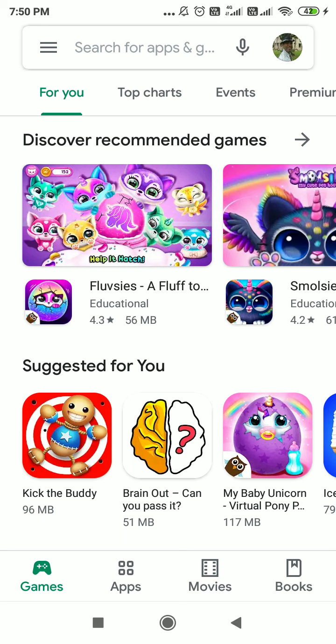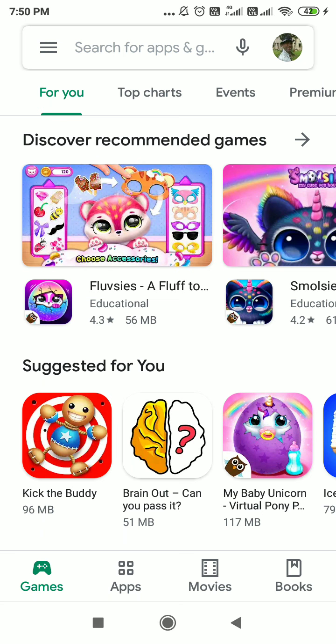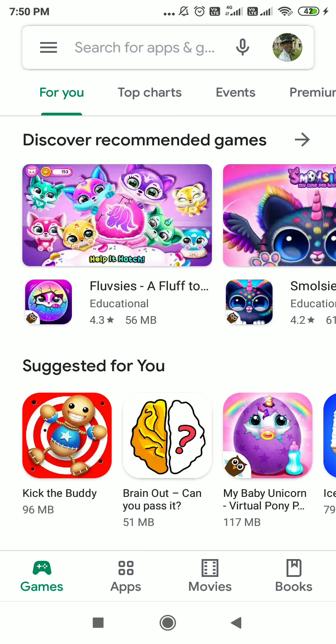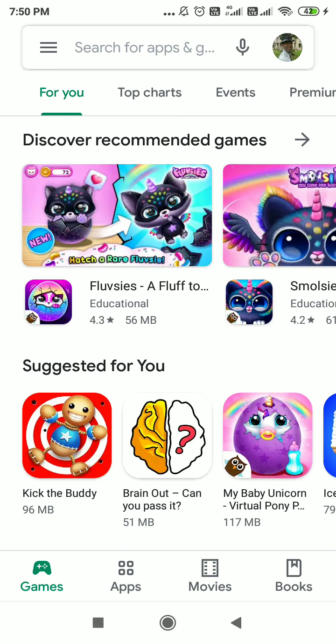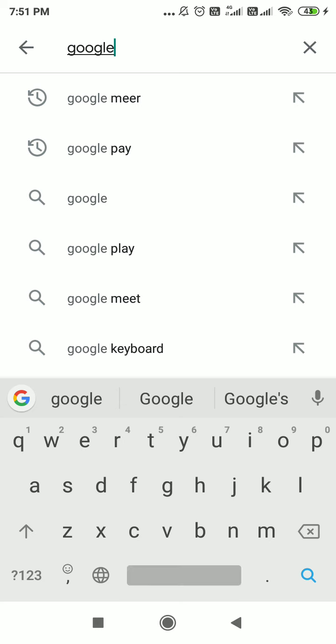Otherwise in mobile it is not providing the exact result what we want, because mobile application is a little bit smaller than browser. That browser will be smaller compared to laptop or computer. So better you can use Google Classroom app. Here you can download the Google Classroom app from Play Store.